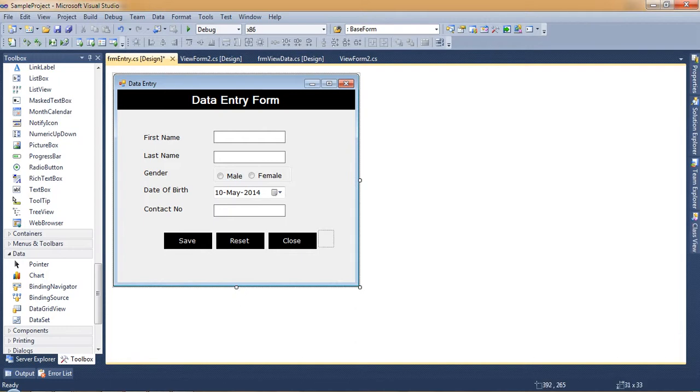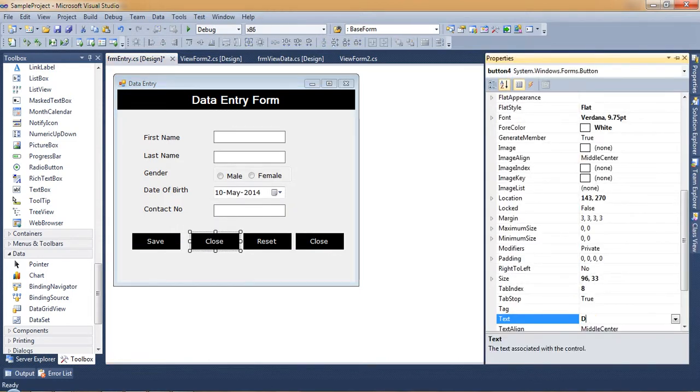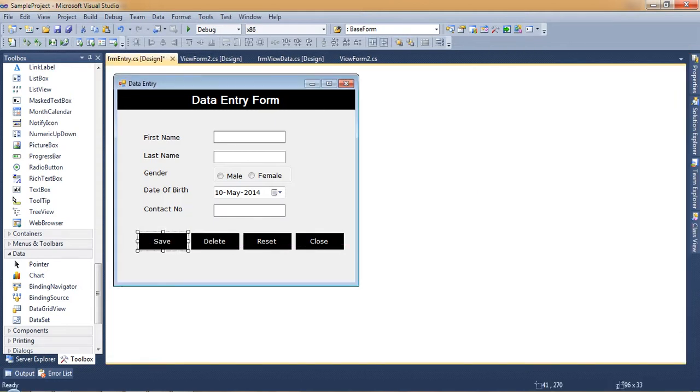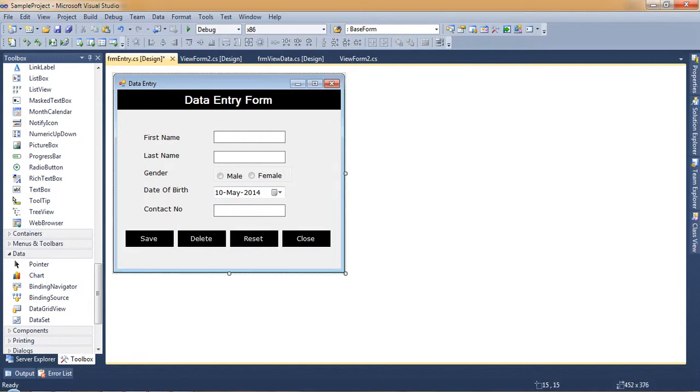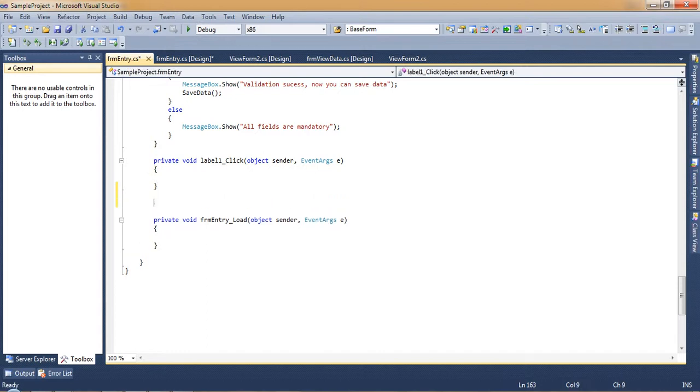and we'll add another button called delete. So I will add another button here. We'll name it delete. So I have added another button called delete. Now I will create a public member here, so we can pass the id: public int id equal to id. So I have created an object called id.